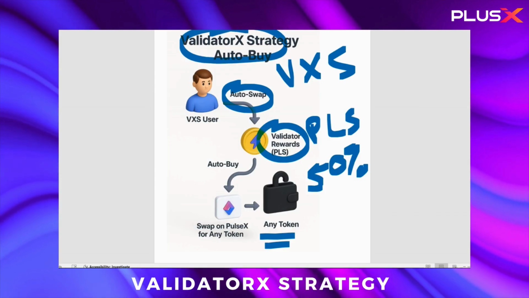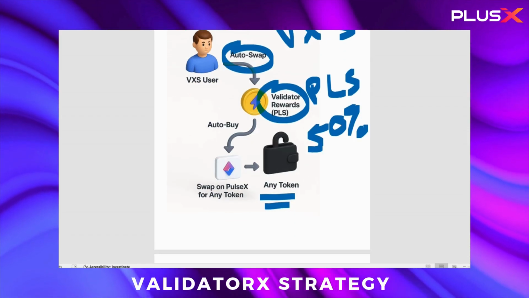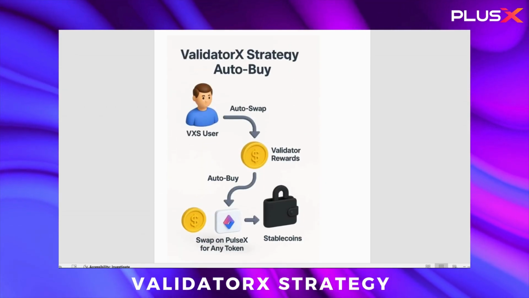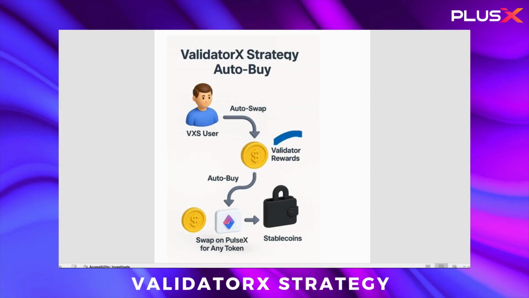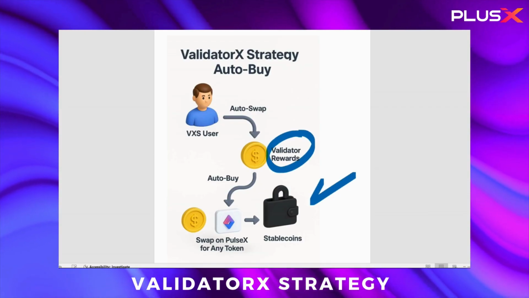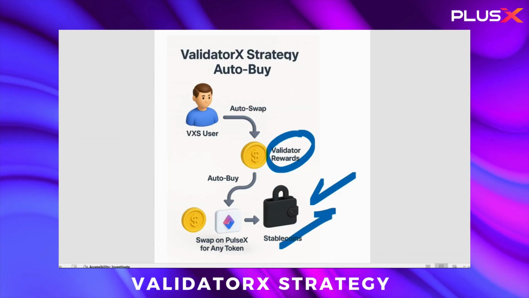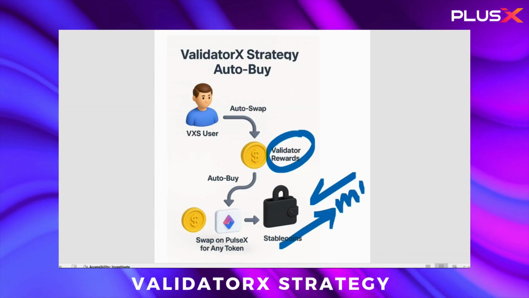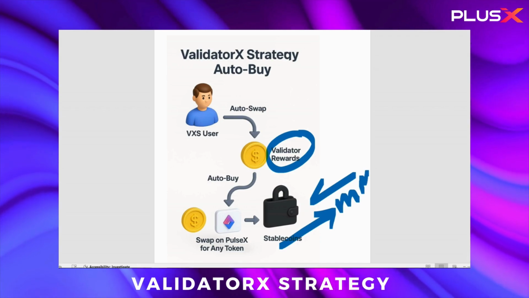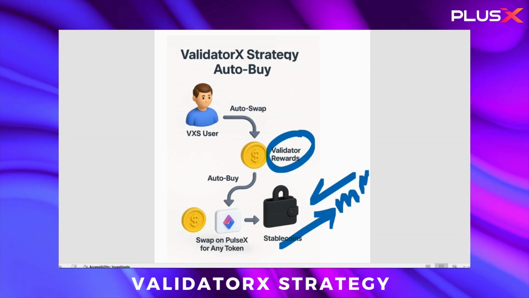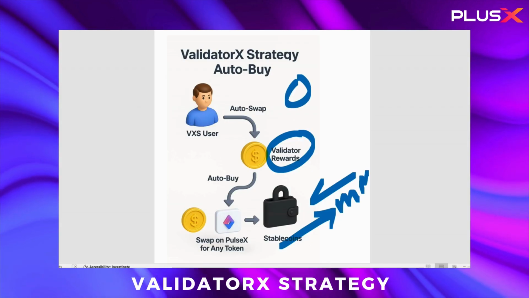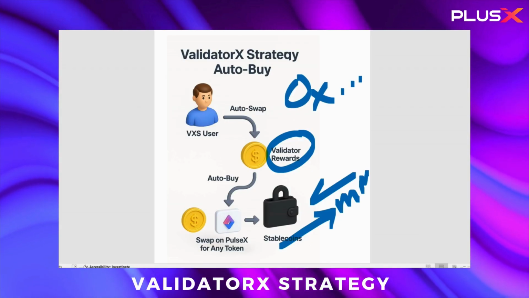Now, some people say, well, what if I don't want to buy my favorite token? What if I just want to buy a stable coin? That's not a problem. You want to take your Pulse rewards and turn them into a stable coin? Check. You can do that. Once you turn it into a stable coin, those stable coins will be sent to the address you tell it to send to, whatever MetaMask. It doesn't have to be a MetaMask, whatever address, 0x, you type in the address,